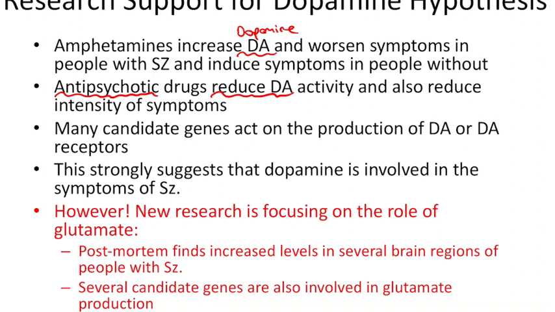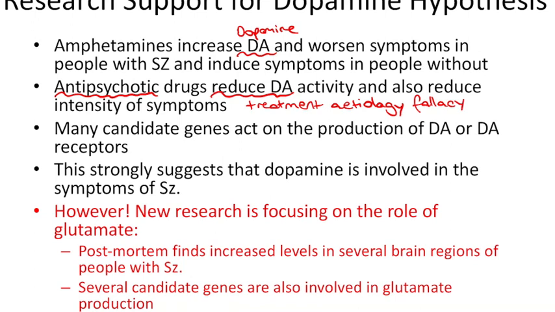However, we must be really cautious here and not fall into the trap of the treatment etiology fallacy. The treatment etiology fallacy is basically the mistaken notion that treatment leads directly to cure. For example, if we have a headache and we take an aspirin, it works. It removes the headache. But that doesn't mean that the headache was caused by the absence of aspirin. And we've got the same issue here. Just because drugs used to treat schizophrenia reduce dopamine activity, it doesn't necessarily mean that increased dopamine activity causes the disorder. This is a logical fallacy.